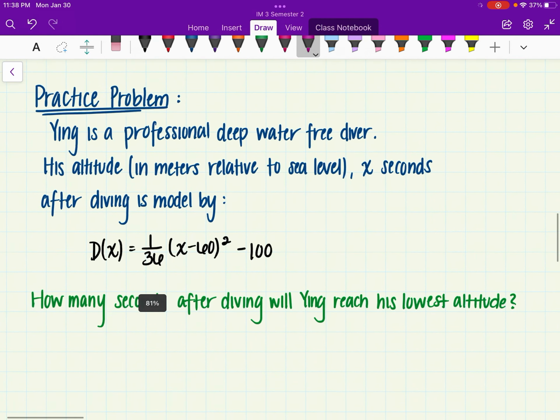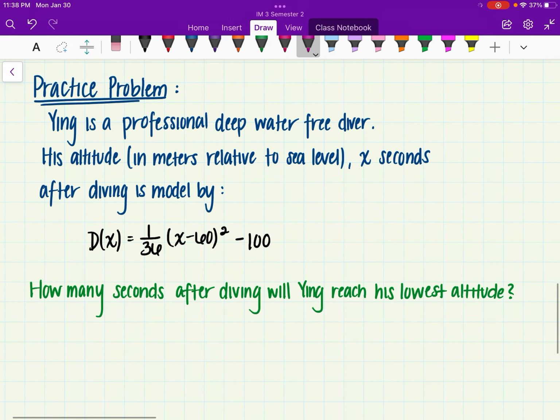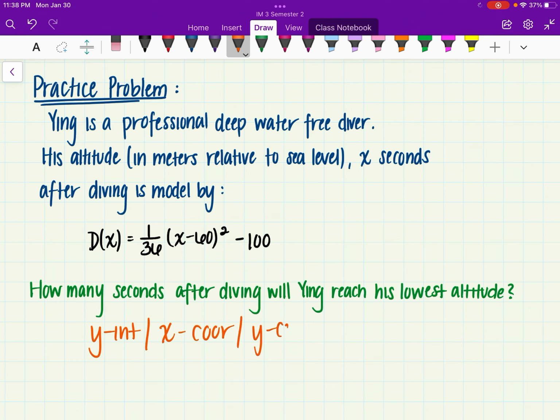Now, the last step is for you to complete this practice problem. Once again, you want to identify whether it's going to be a y-intercept, an x-coordinate, a y-coordinate, or an x-intercept. If you want to find the exact value, go ahead. But I'm just looking for which of these